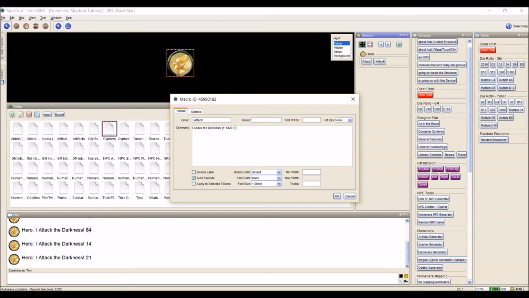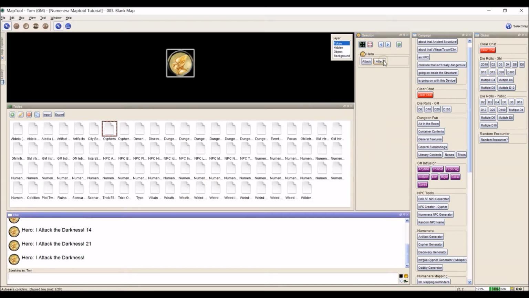Now sometimes we want to hide everything that's inside the brackets. So I could replace that R with an H, click OK, and click I attack. Now it just says I attack the darkness. We can't tell though, but it still executed the code. This is good for long strings of code that you don't really care to see. This is helpful also for setting variables, we'll talk about that in another video, that you don't really need to